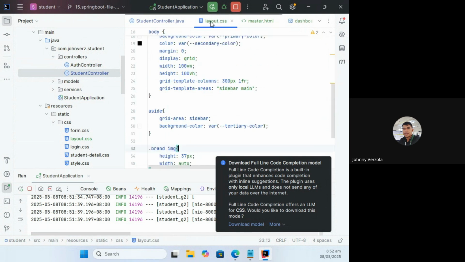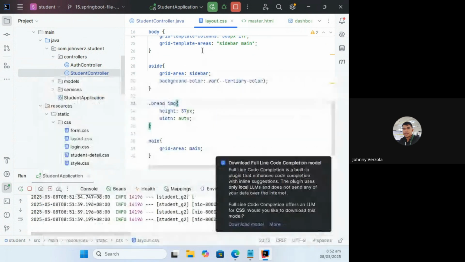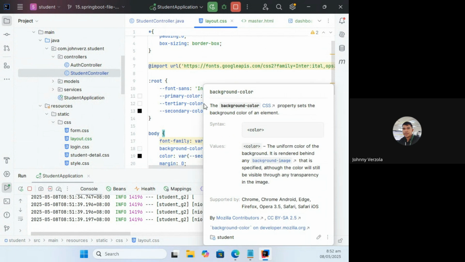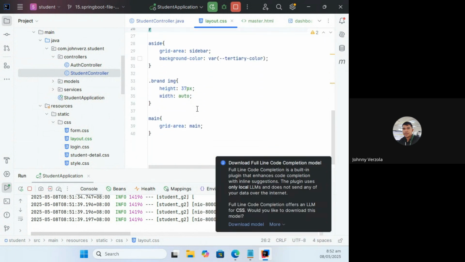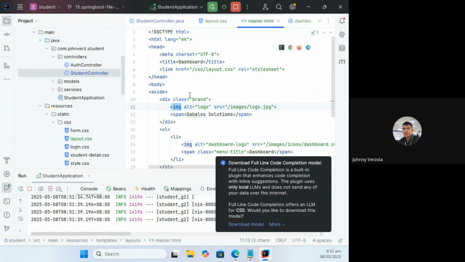CSS layout, andun naman siya. Come on, help me here, guys. That brand img.